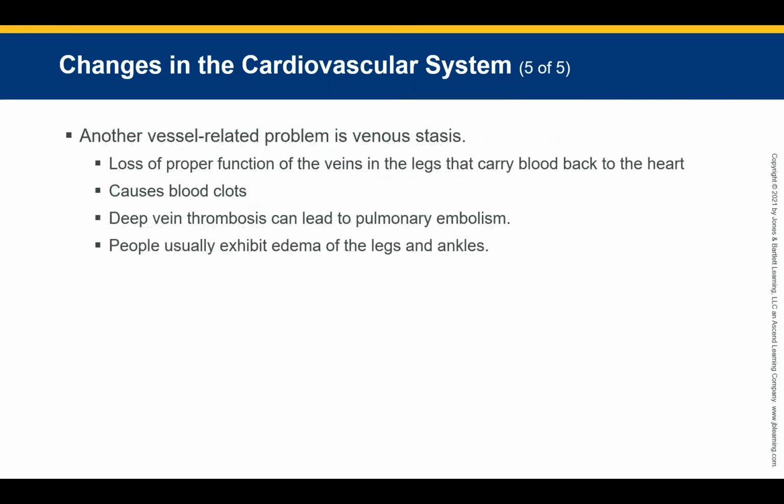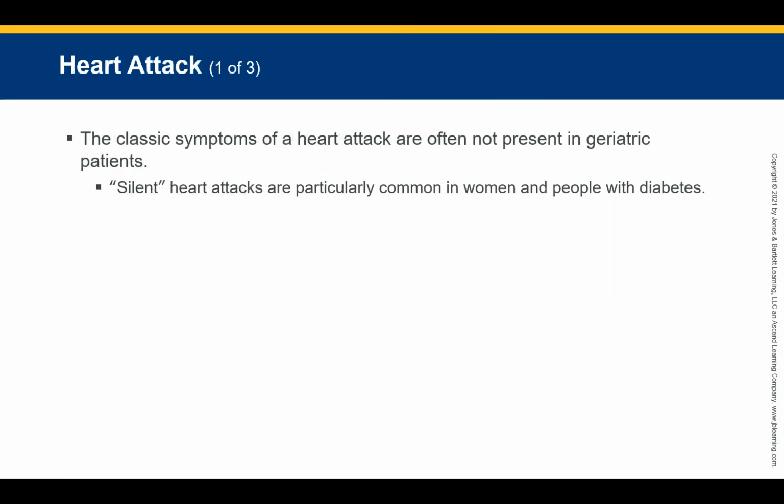The venous status can cause clots to develop in the veins. This leads to the development of vein thrombosis or pulmonary embolisms. There is some loss of proper function of the veins in the legs that would normally carry blood back and forth. Again, you get this swelling in the legs, so you start recognizing that there's fluid retention. And now that they're swelling, it's putting some pressure in and on the blood flow itself.